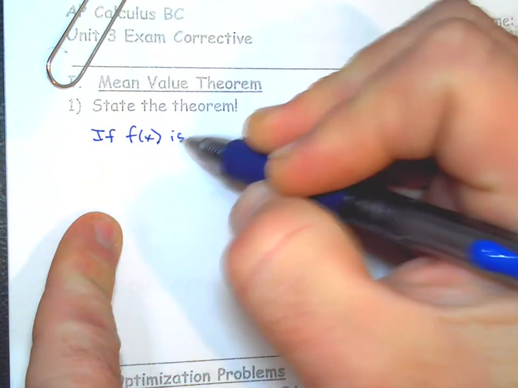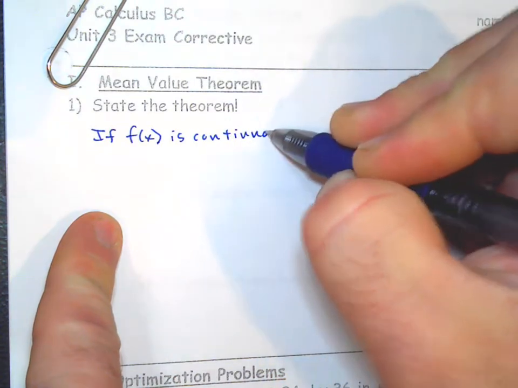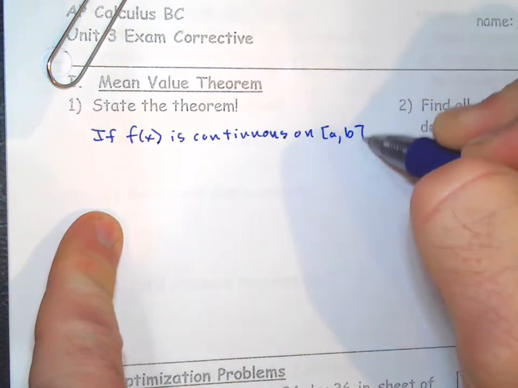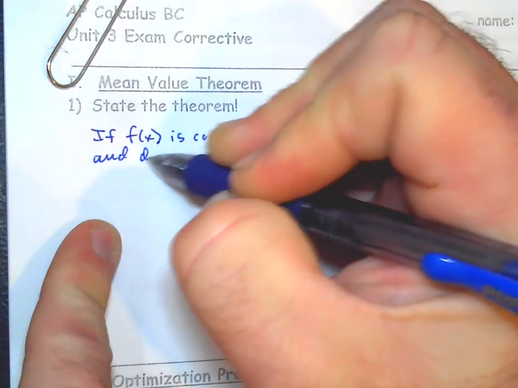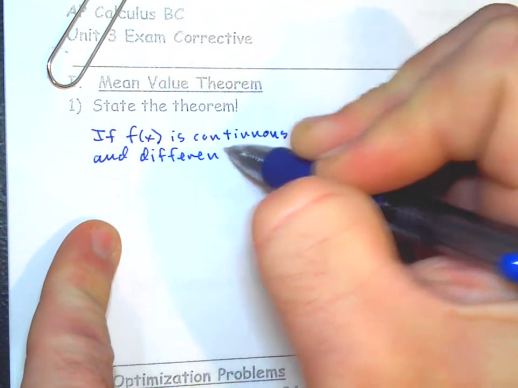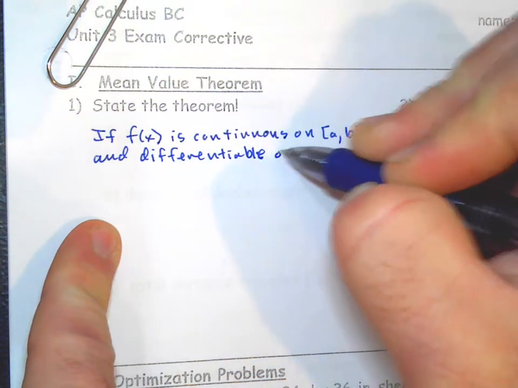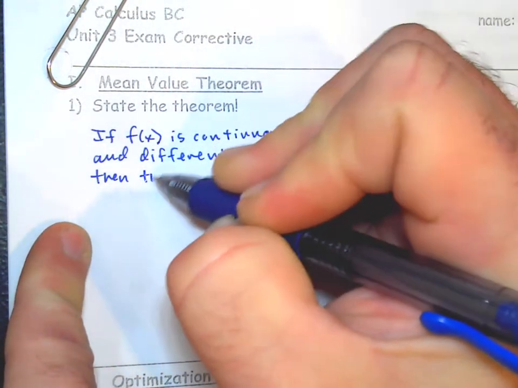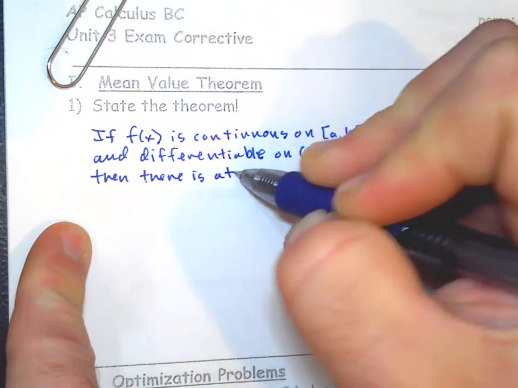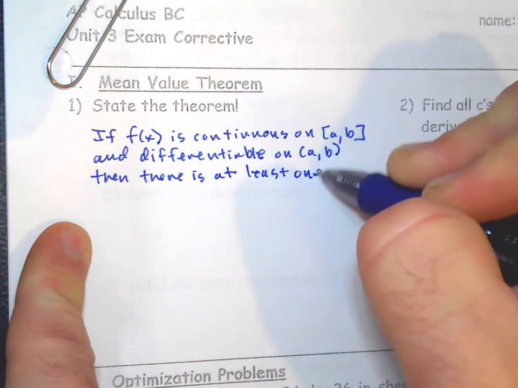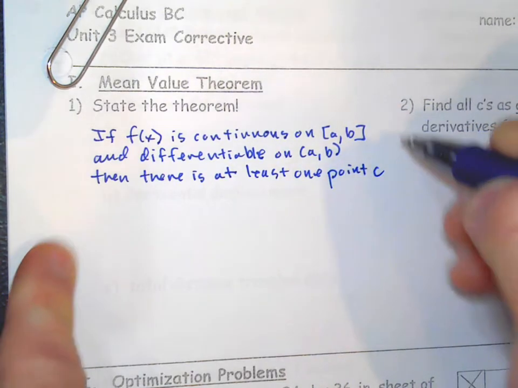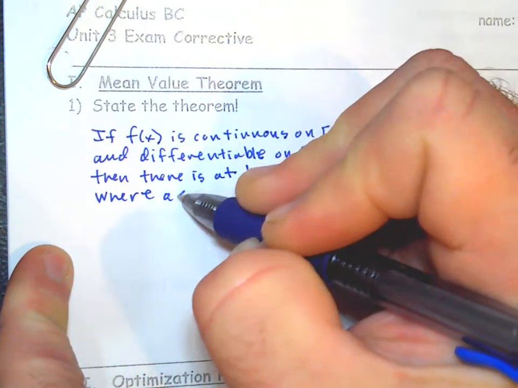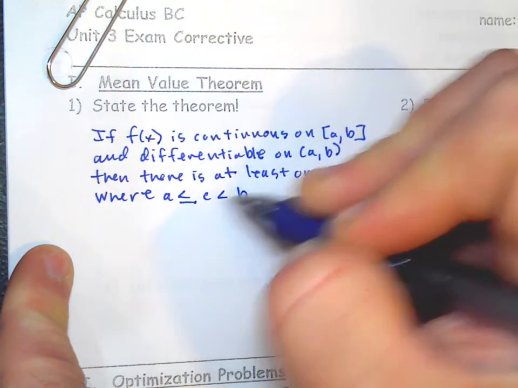If f of x is continuous on a closed interval and differentiable on the open interval, then there is at least one point C where C is between A and B, but not including the endpoints,